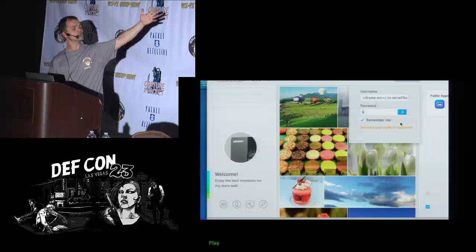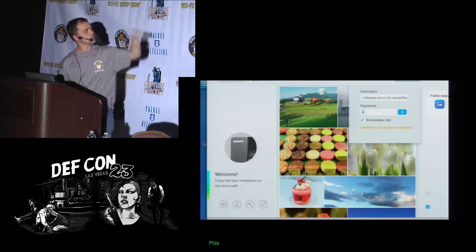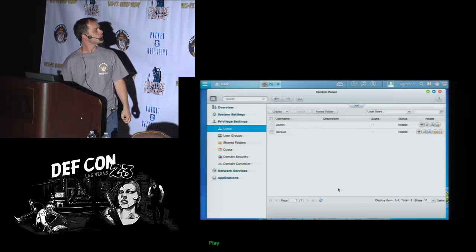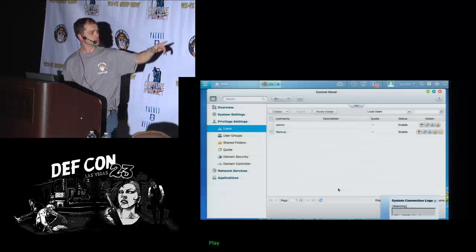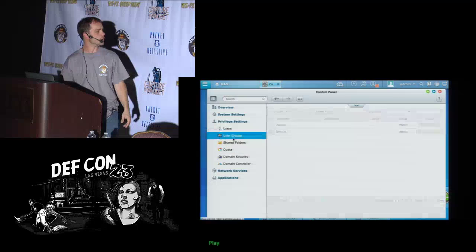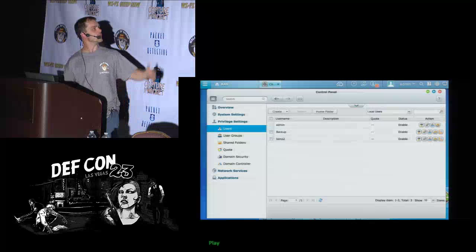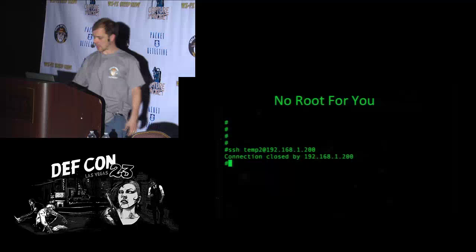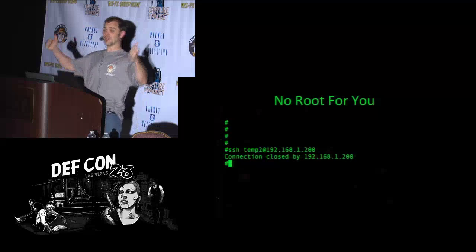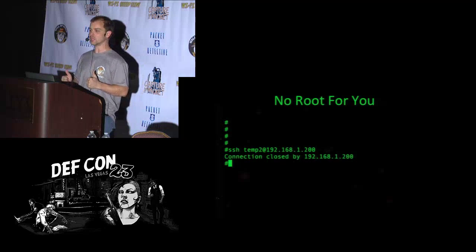So go here. We're showing here there's no other users. I'm logged in as admin, I only have those 2 users. Go to another web browser, and I trigger off the attack. And wait a little bit. It takes a little bit for it to pop up. There we go. Boom, boom, boom, and you can see that it hit down in the bottom corner. And we just get a refresh going, and we can see that it added the user temp2. So I went then to go, I'm like, all right, I have an admin user. I'm great, I'm excited, and I go to SSH in, and I'm denied.